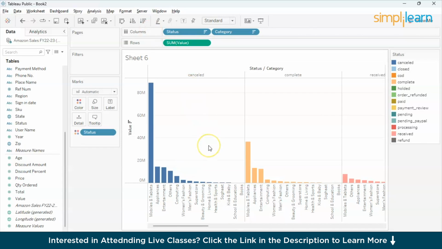There you go. And try to arrange them in descending order. So the highest number of orders which were cancelled are from mobiles and tablets. Completed are also from mobiles and tablets, and received is also from mobiles and tablets. Good. So there you go. We have category-wise statuses. You can let the companies which are branding mobile phones and tablets know that they can receive the highest number of orders, but also be ready for the highest number of